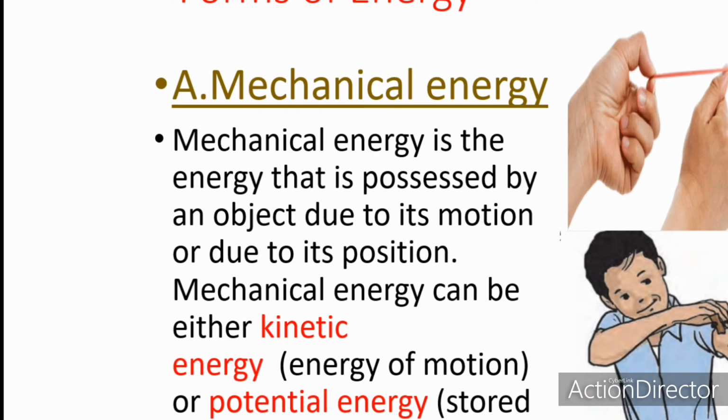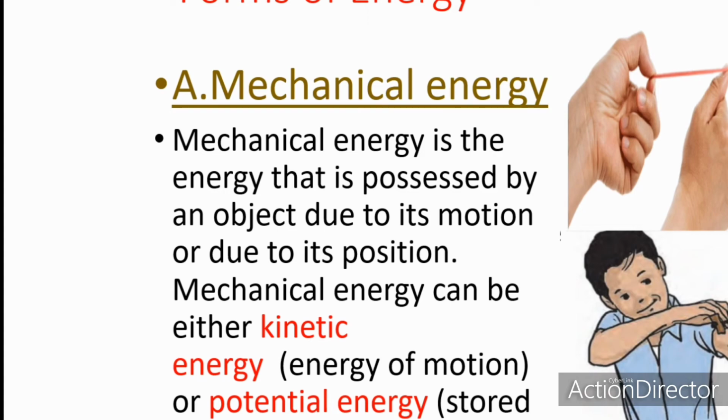Now, why are all these things happening? In each of these actions, displacement takes place, which means that work is done. Children, we have studied that if displacement takes place when force is applied, we say that work is done. Now, how is this work done in all these three cases? From where is this energy obtained to do all this work? Children, the energy is actually stored in the objects due to a specific state or position of that object.